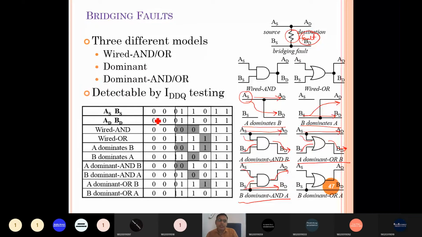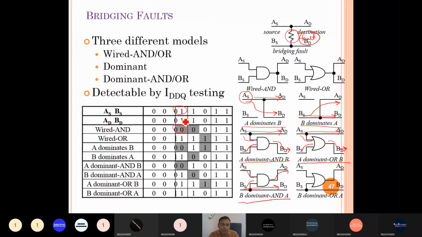And here we can see, through these different combinations of input, which combination we can use to check which types of fault. If we apply AS and BS equal to 0 and 1, then in the wired AND logic this output is different.